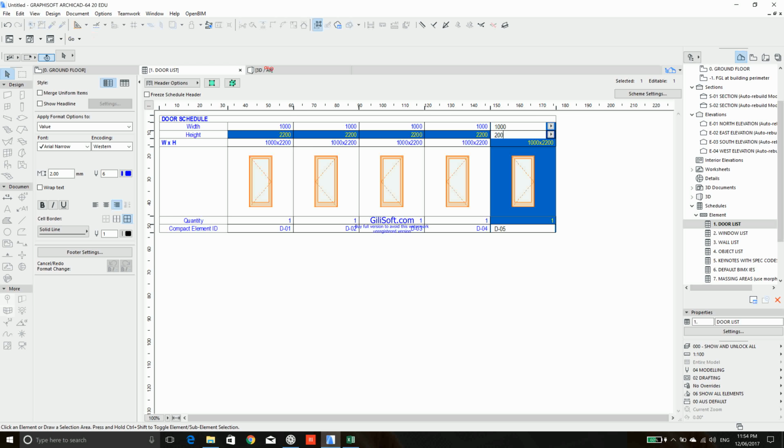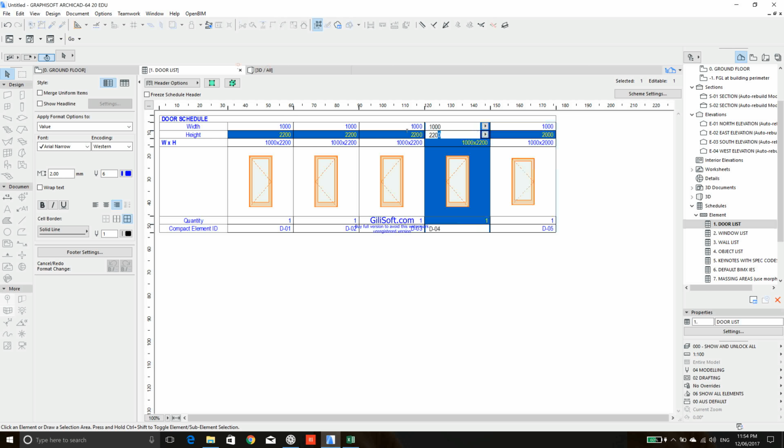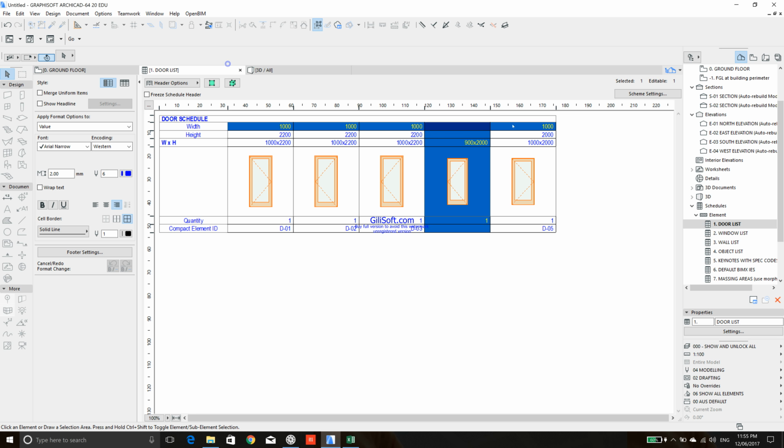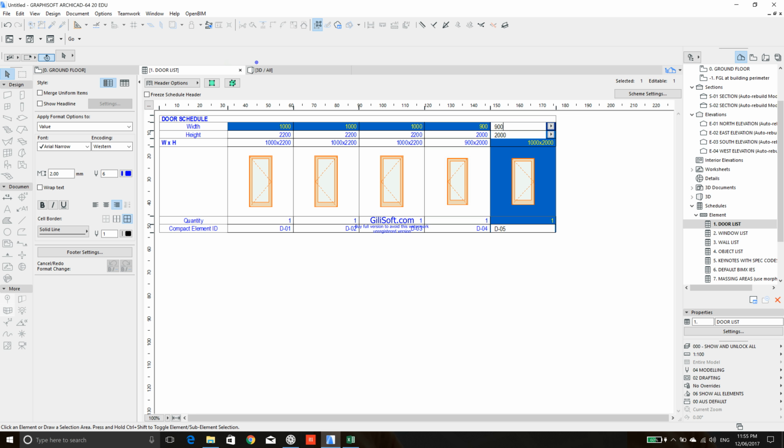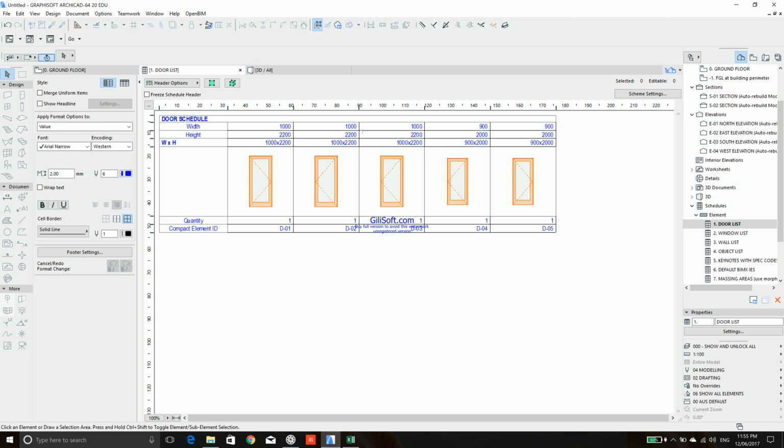So let's make this one 2000 by, let's say, 900. Okay. Now, if we use the merge, it doesn't merge them because they have a different ID,